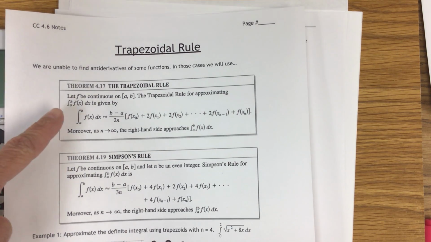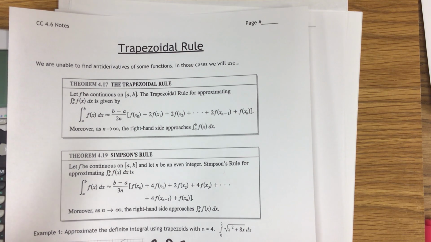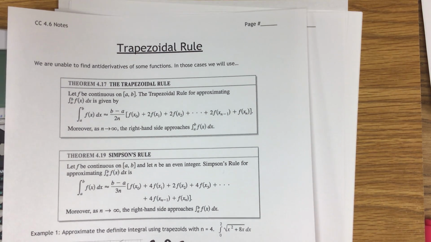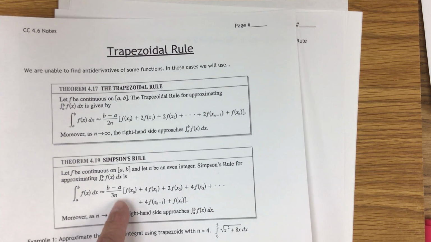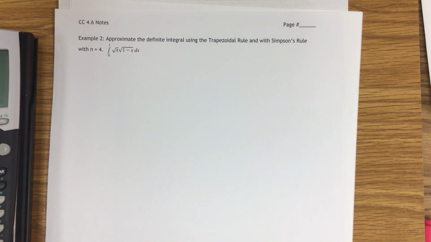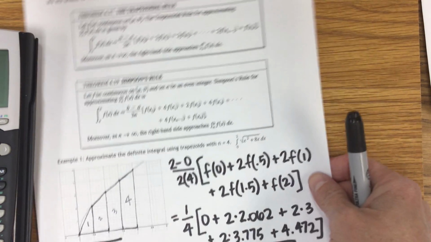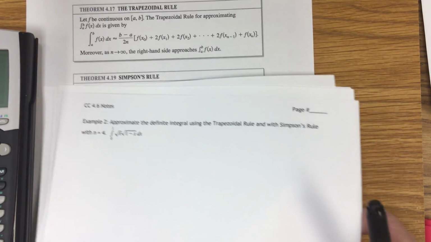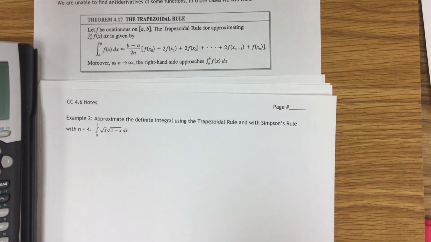And because they're both estimating the same area, they should be really close. Trapezoidal rule is using trapezoids. Simpson's rule is actually a trapezoid with a kind of a curved top to fit the curve a little bit better. So Simpson's rule is supposed to be a little bit better, but we're just going to use them both and see what we end up with. So I will be going back and forth looking at my formulas and doing my best. So I'm first doing the trapezoidal rule,